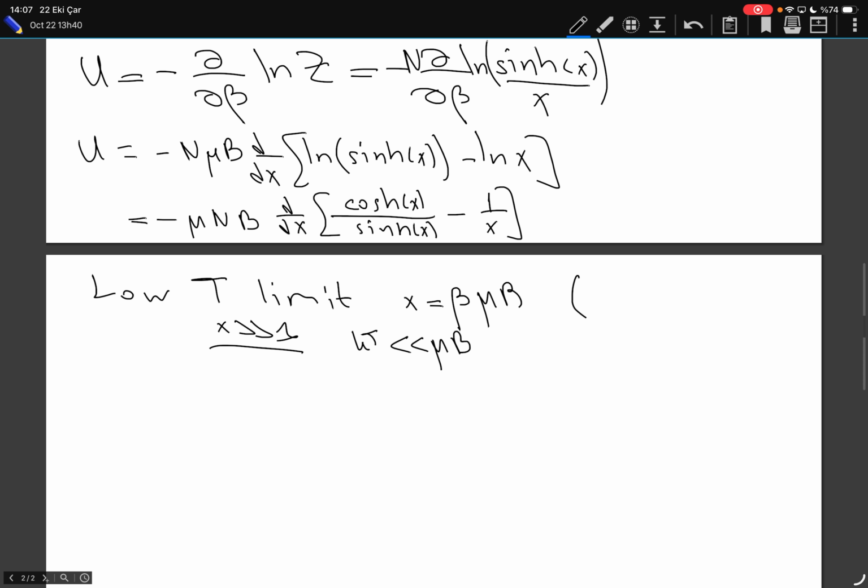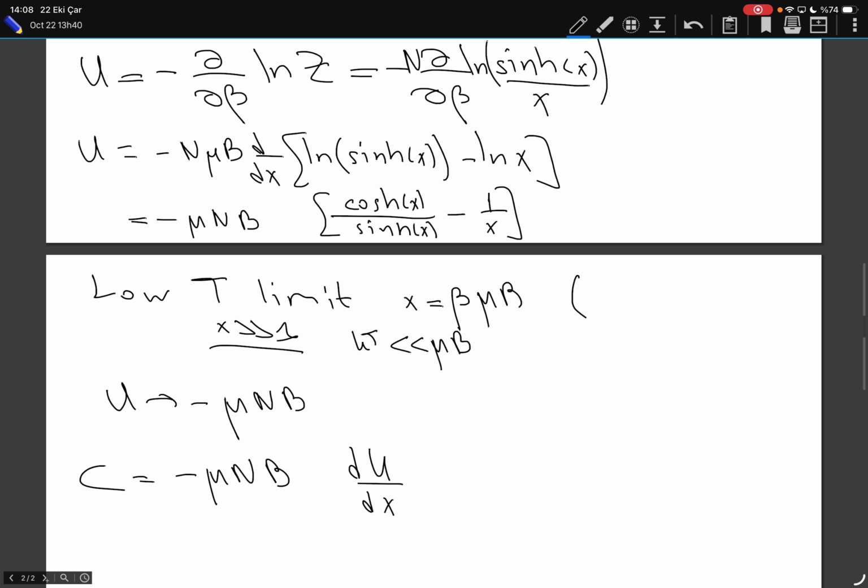Now I can look at the low t limit. X is very large, u goes to minus mu and b. U goes to minus mu and b because cosine hyperbolic over sine hyperbolic x for x very large becomes 1. 1 over x goes to 0. I can calculate the heat capacity now. Heat capacity will be minus mu and b, derivative of u with respect to x times derivative of x with respect to t,